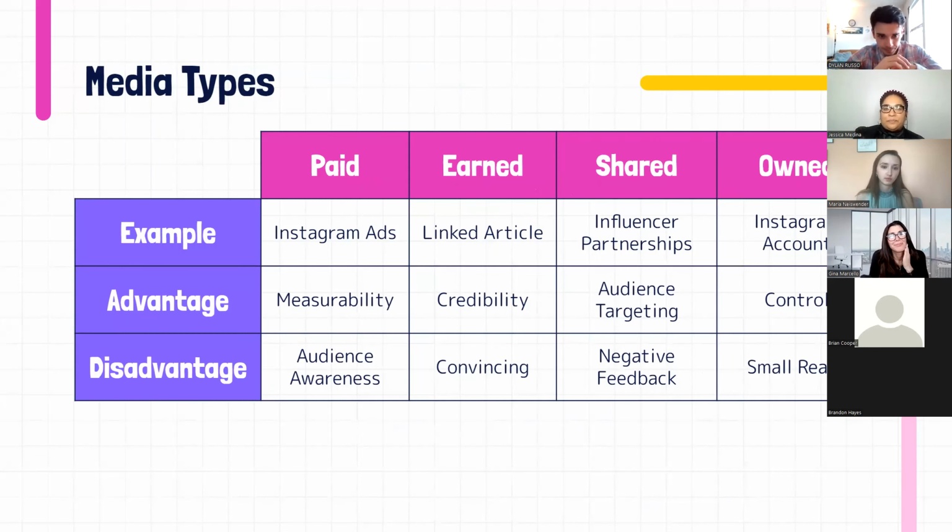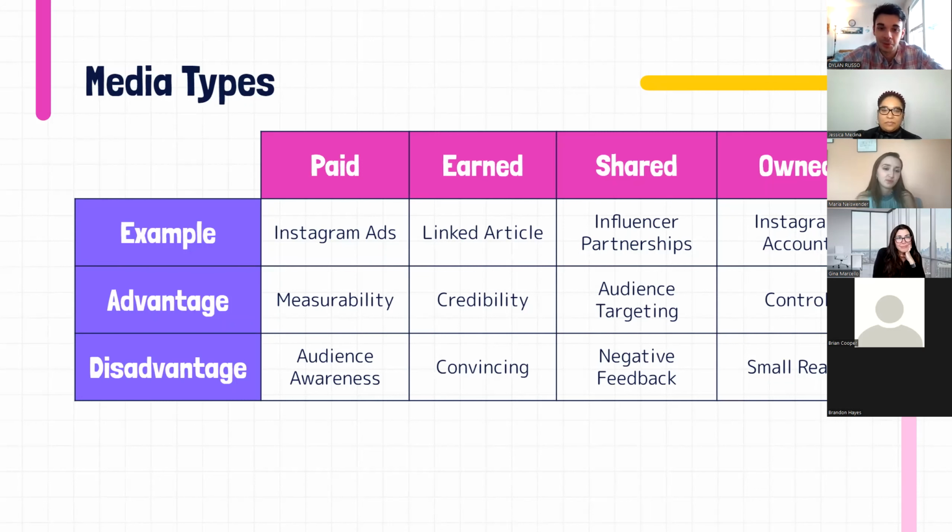If you look at paid, an example of paid media would be Instagram ads. We've all probably seen these, something that is paid by a company to be put in front of you. Usually they have high control over what that content is. The advantage of this on Instagram is huge measurability. According to MarketWatch, you can track demographics, how people click and engage with the ad, how much it's been seen, and a bunch of other stuff. The disadvantage is obviously we know when we see it that they paid to have this in front of us, which kills credibility a little bit.